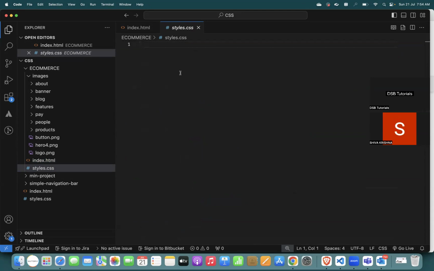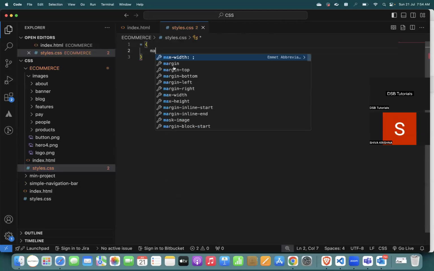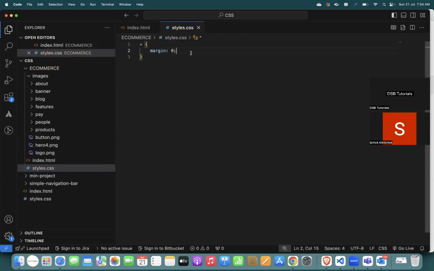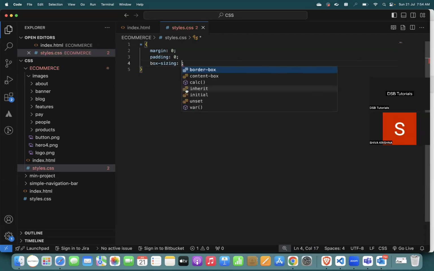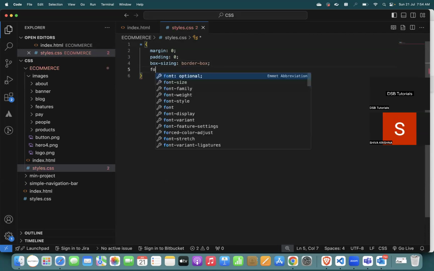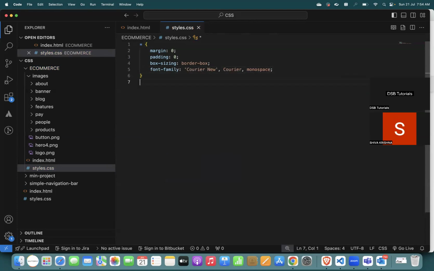We'll write the global styles. So this is a universal selector or global selector. I'm giving some margin and padding: margin 0, padding 0. And box-sizing: border-box. Overall we can also give some font family, anything you can give, no problem. As per requirement we can give it. So now